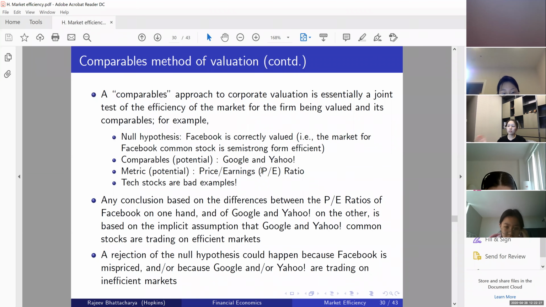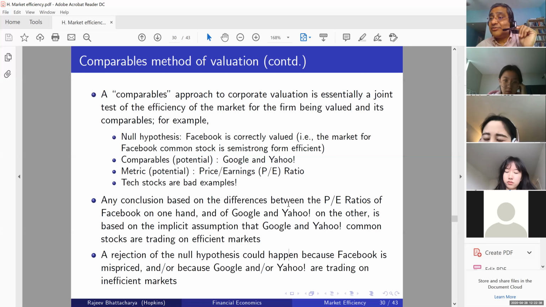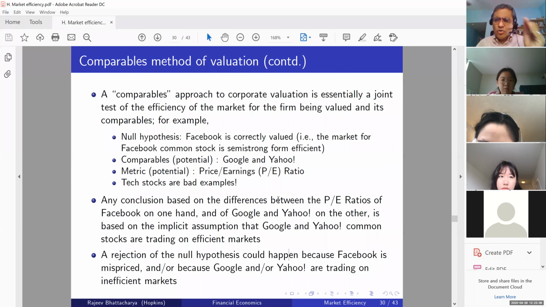So the price earnings ratio for tech stocks often won't work, because the earnings for tech stocks, especially at the initial stages of growth, are often negative. So in the 1990s, a standard thing in the finance world was to figure out what alternative measures could be used instead of the price earnings ratio, because the price earnings ratio was not meaningful, because earnings, the denominator, was often not positive. All right. So keep in mind that the price earnings ratio can only make sense if the